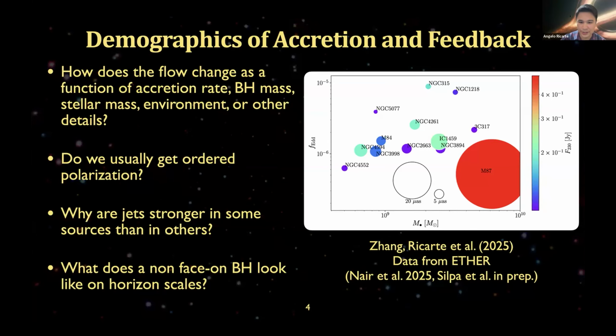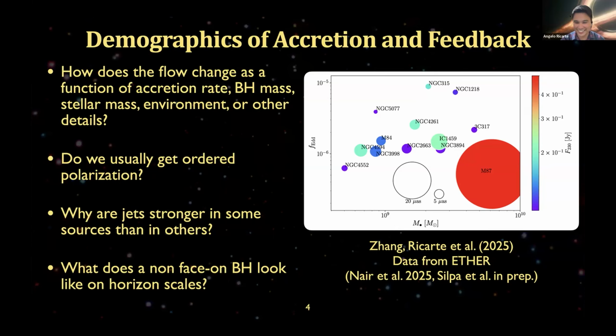And I've been especially excited about the ability for BHEX to give us the resolution to get EHT-like images for a much larger sample of objects. This is a plot of Eddington ratio and mass for some of our favorite BHEX demographic sources, where we've whimsically scaled the size of each of these points to their angular size on the sky. And you can see that while M87 is big enough for the EHT to resolve, you certainly need to go out into space to access most of these, and perhaps super resolution may need to be invoked for some of these.